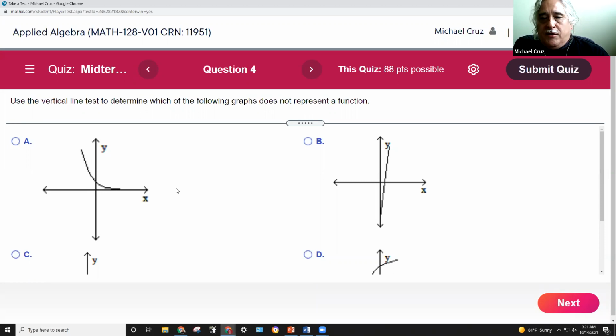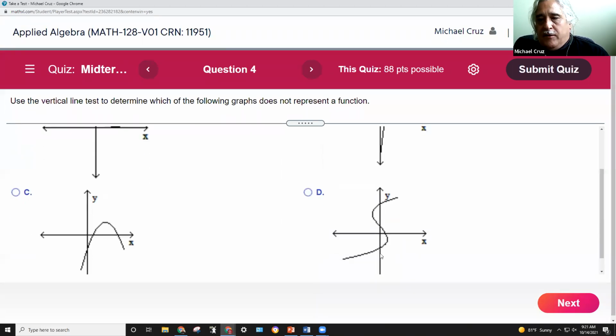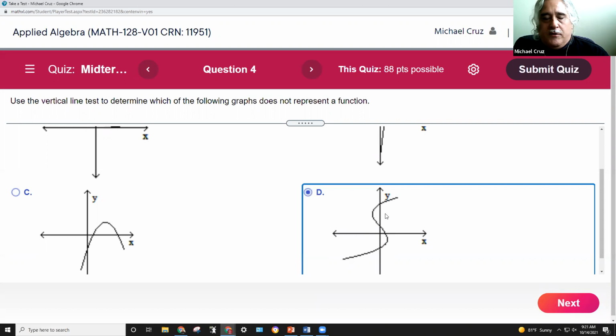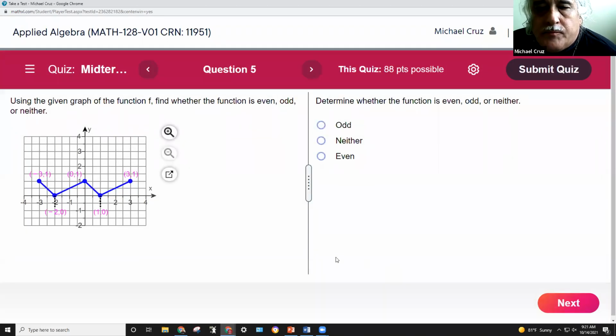So this is a function, this is a function, this is a function, this is not a function. Questions about that? All right, so